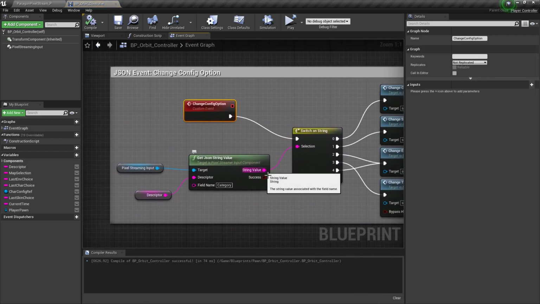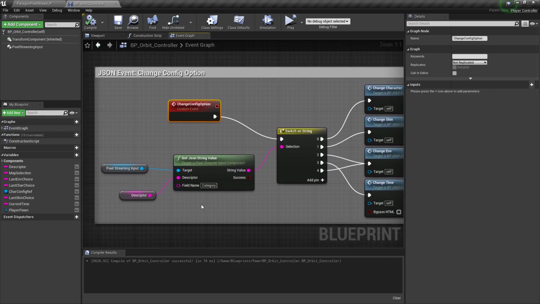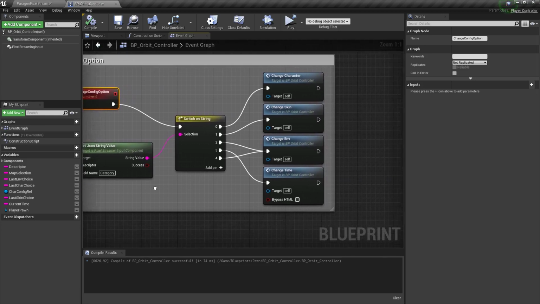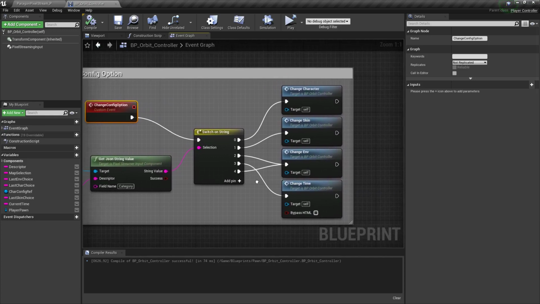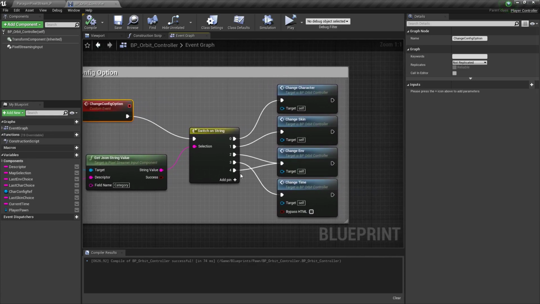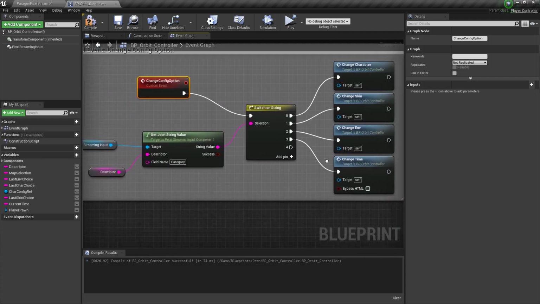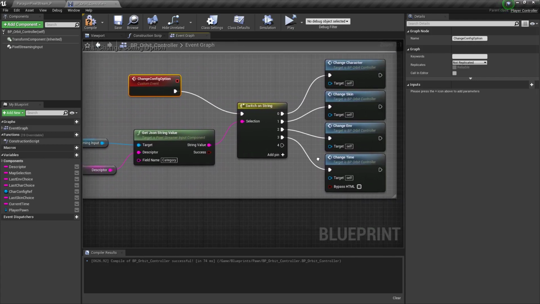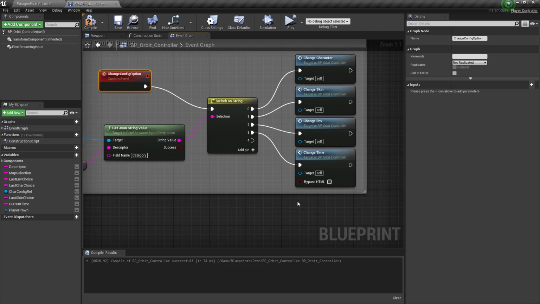And then it gets the string value of the descriptor. So in this case, before we just changed the environment, but now we would like to change the control rotation instead.